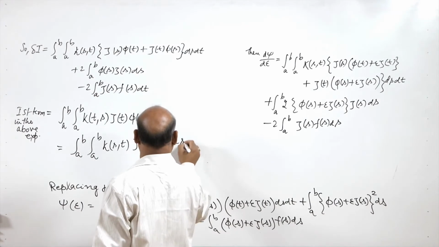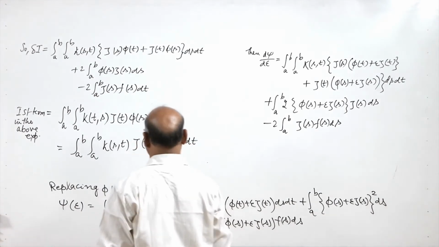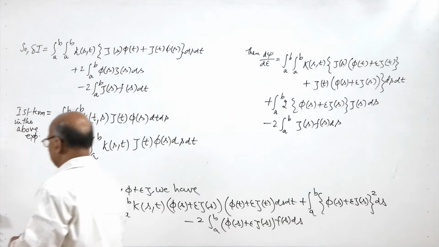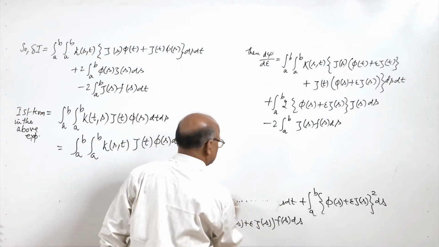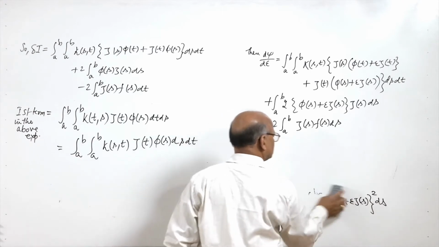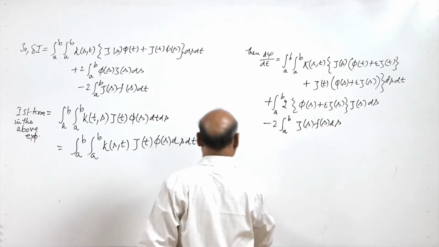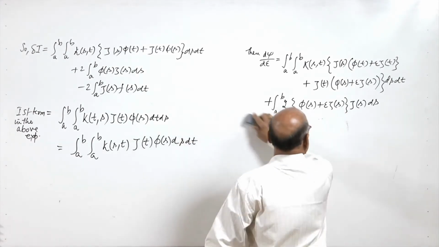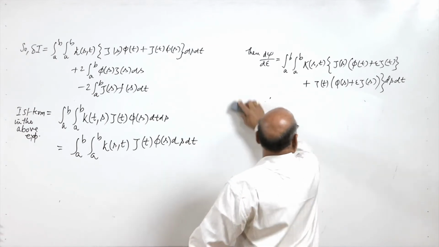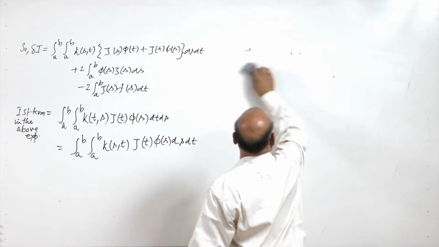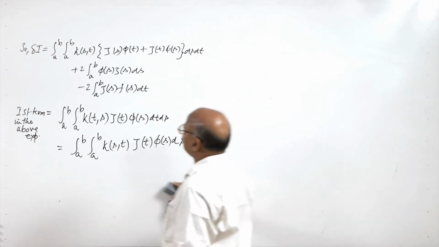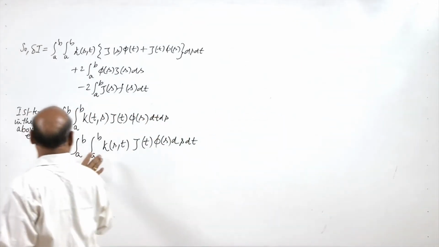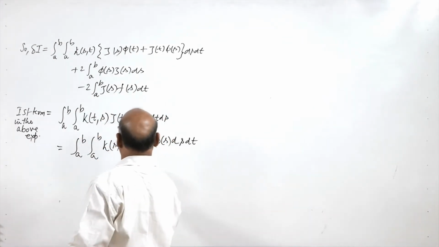Also we can write ds dt. Now we can write it, so thus we can write delta I as the first term in the above expression can be written like this, and hence